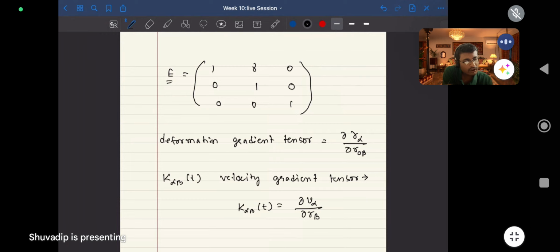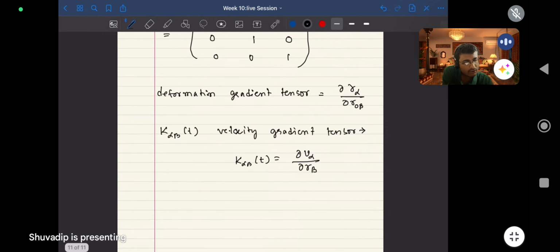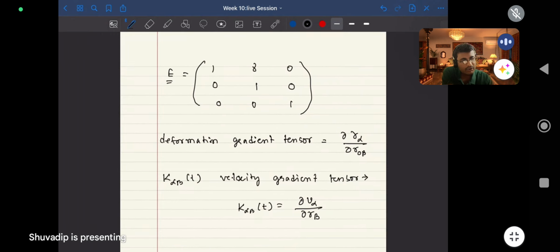So this deformation gradient tensor is mostly useful if the material is a solid, whereas this velocity gradient tensor is more useful to study the deformation of